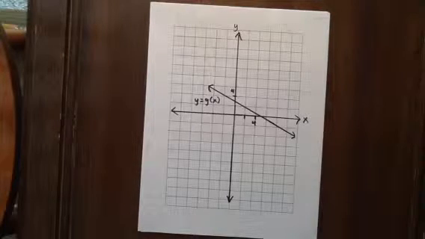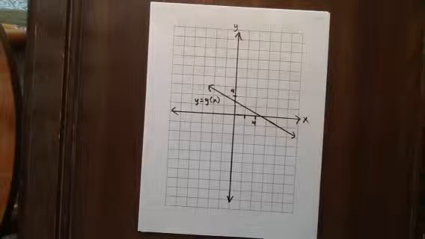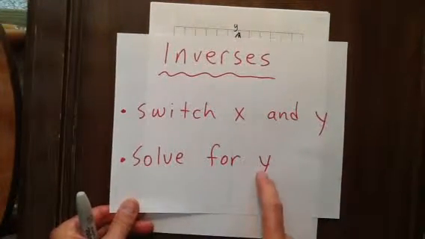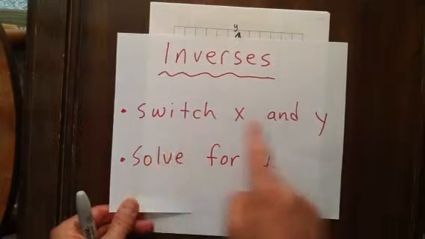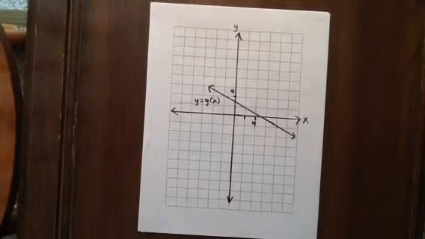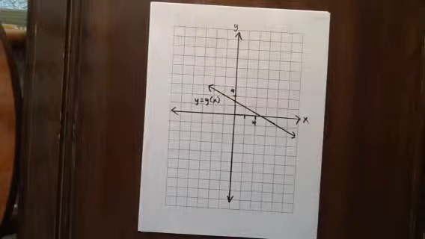Next, we have this function here, y equals g of x. Again, we remember the fundamental idea of an inverse is to switch x and y. If it's algebraic, we might solve for y, but this is not algebraic. We're simply going to switch x and y. So what we're going to do now is find